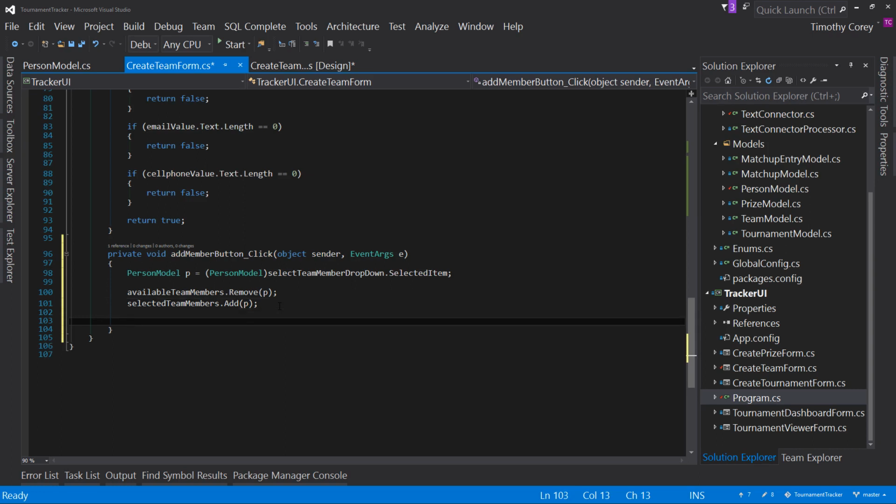Now remember the way object instances work. We're not making copies here. We have taken the blueprint of the person model class and we've created a house. And we've said, okay, here is this house. It's at 123 Sesame Street. And so when I say find which one is selected, it's essentially saying the house at 123 Sesame Street has been selected. So when I say remove the object at 123